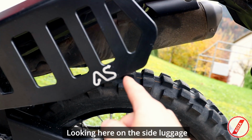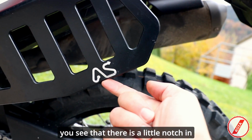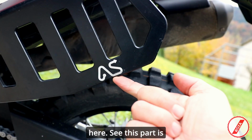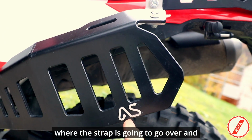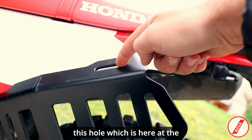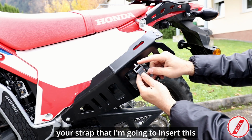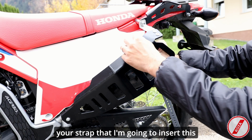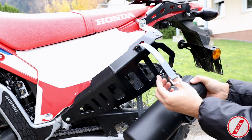Looking here on the side luggage support, right on this section, you see that there's a little notch in here. See, this part is recessed, there's a notch. So that's where the strap is going to go over. And this is going to loop on this hole, which is here at the top. See, like this. You're going to take your strap that I'm going to insert this way. Now we take the toolbox,